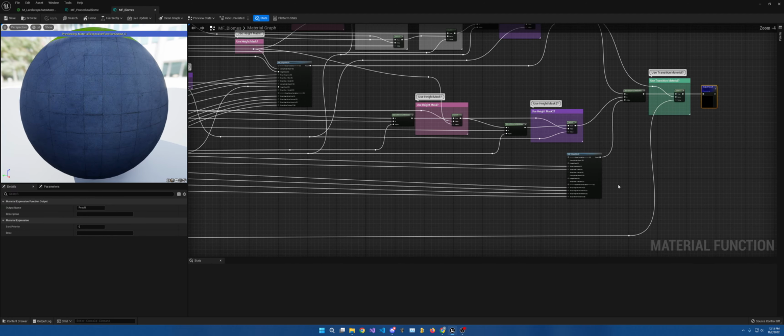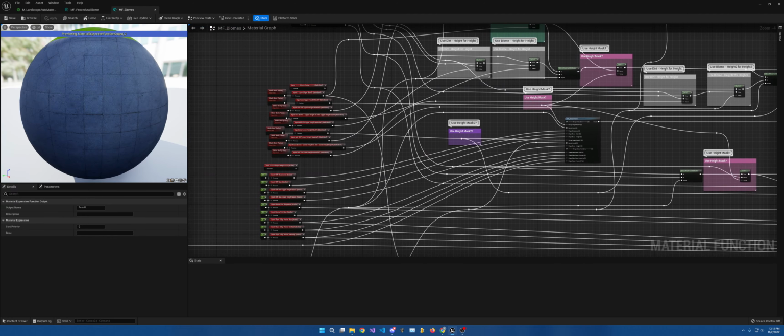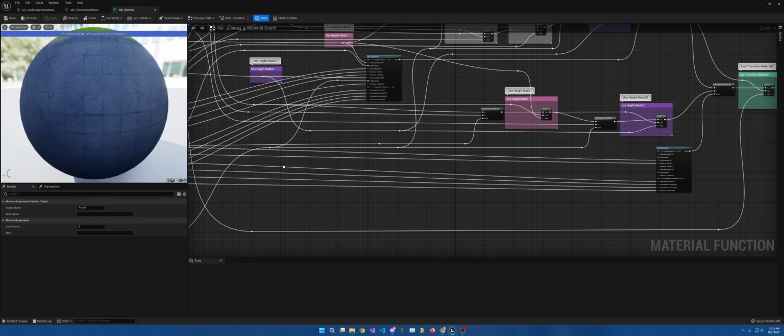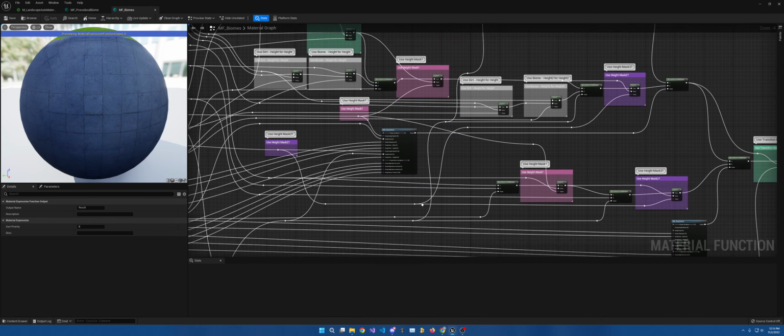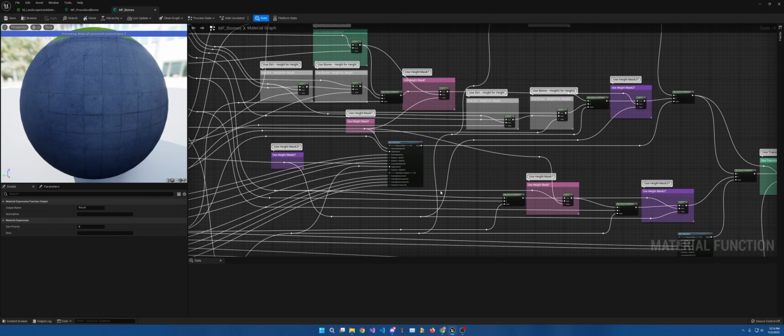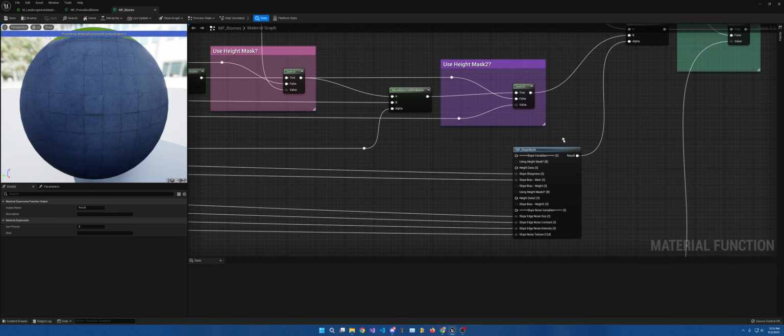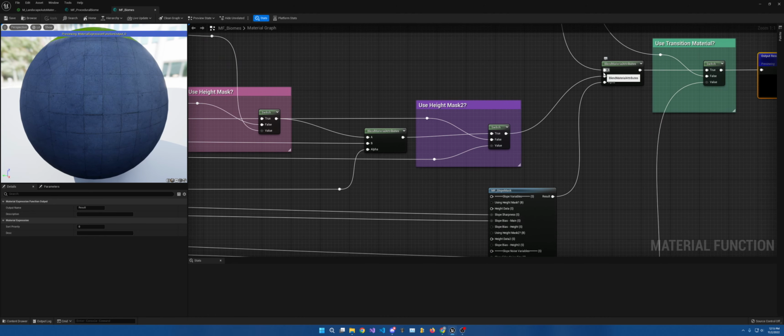This can be overwhelming, especially if it's your first time seeing something like this. This is as clean as I could possibly get it. Something of note that's important to know: the regular biome, the regular slope, so the transition from the surface